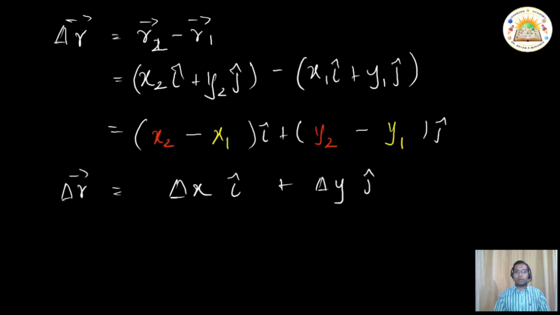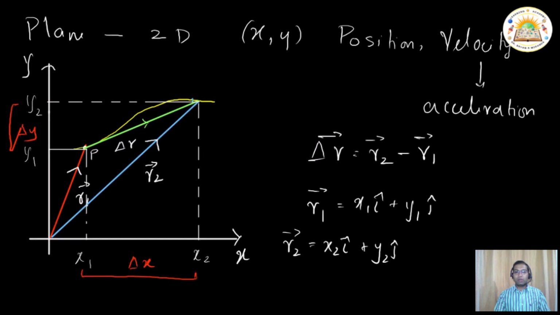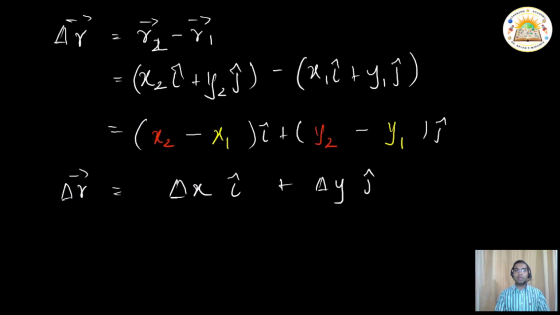So this would give us the change in position of the vector from the point P to, let's say, P prime. Delta r is the change that is there. Now how do we estimate velocity? We know that velocity as a vector is nothing but displacement by time. So this is the standard formula, or displacement we can write it as delta s by delta t,